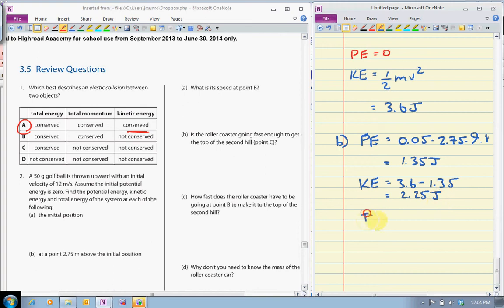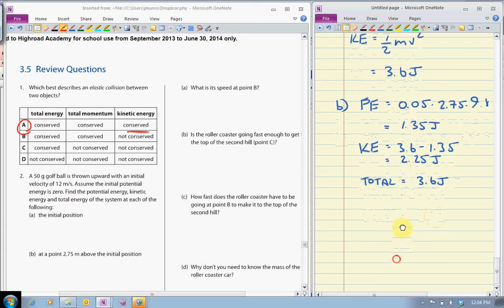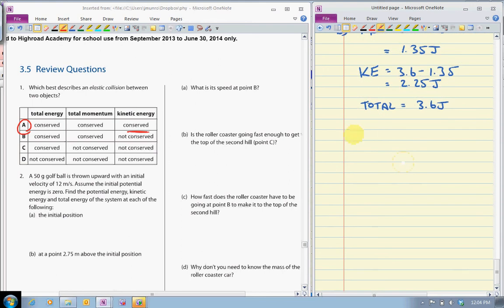joules. The total is equal to the initial kinetic energy, 3.6 joules. And it's that 3.6 joules that will make our math easier, because we remember that it's conserved in the reaction, or in this transformation. So at the maximum height,